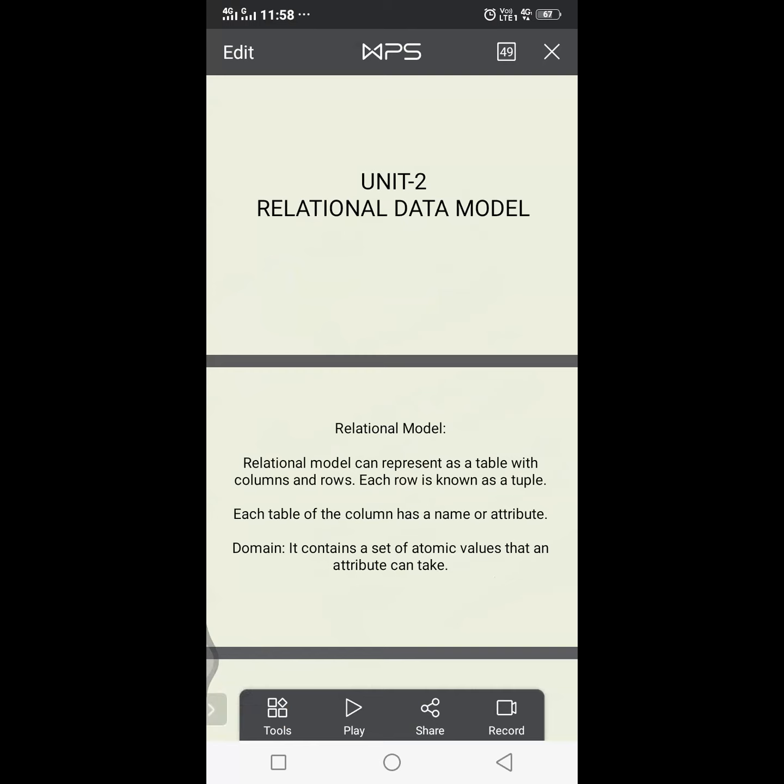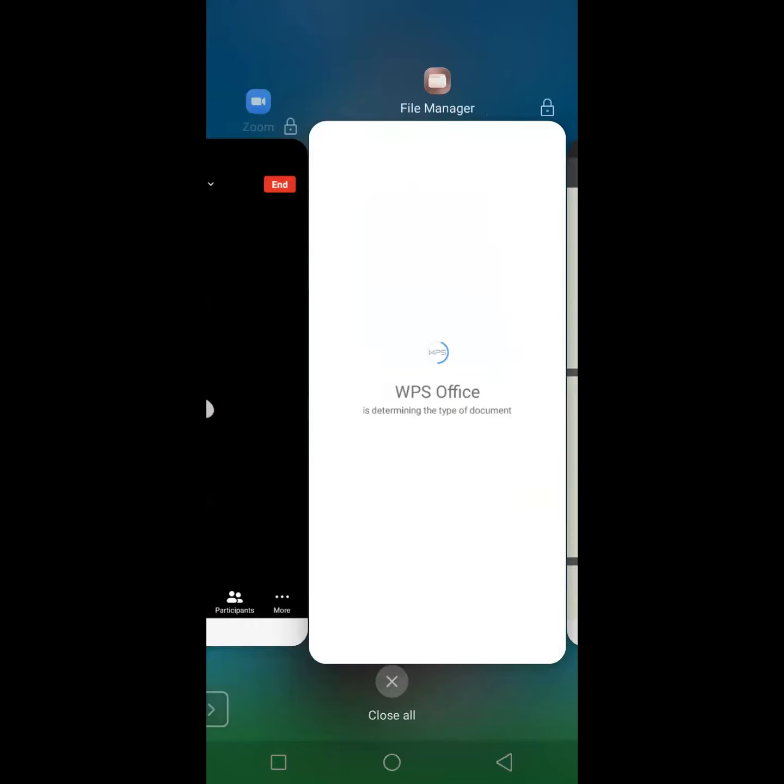In the same way, the check constraint is also one of the integrity constraints. What is the purpose of check? Check is also one of the integrity constraints, and it is used to maintain the integrity. For example, consider the salary. The salary attribute should be greater than 10,000 for each and every employee. Maybe that is our condition.